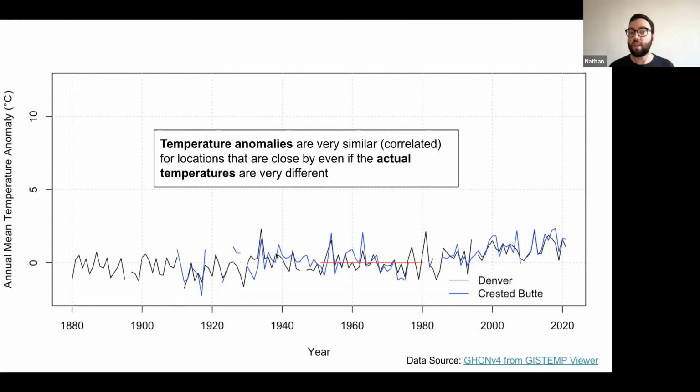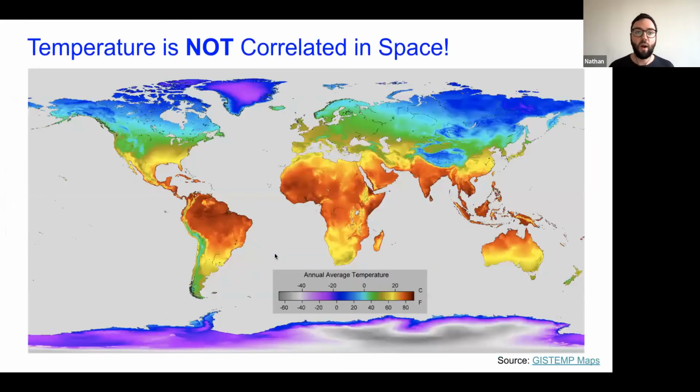And so we can see this on maps then. This was the first map we were looking at, of annual average temperature. And here in some places, temperature is correlated in space, like in the Amazon. But if you get to the boundary of mountains, like we were just discussing out in Colorado, temperature was not correlated in space. We had very high swings in temperature, very large differences in temperature over space. However, if you look at the